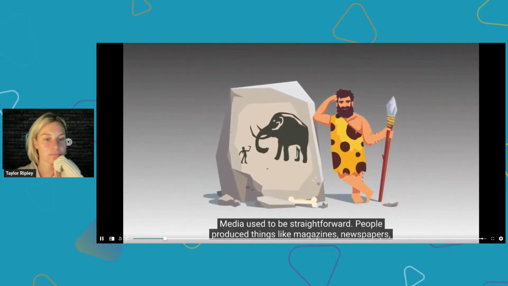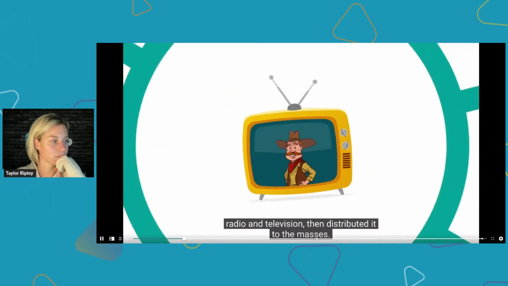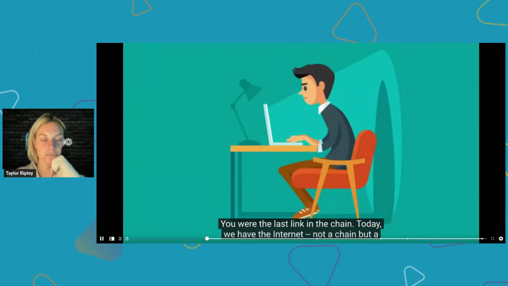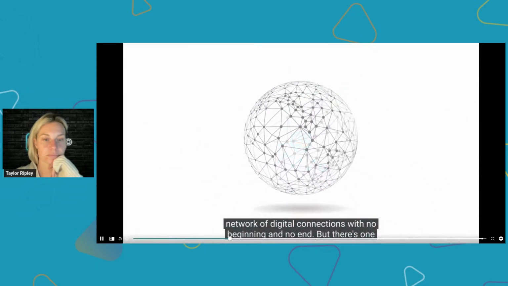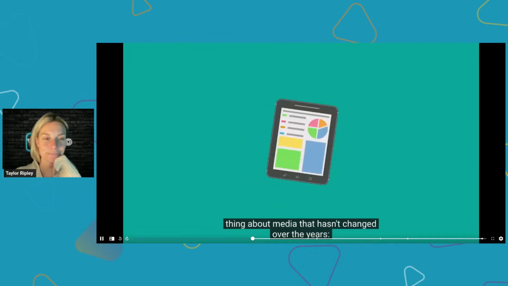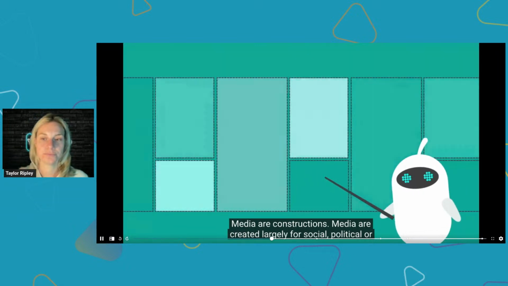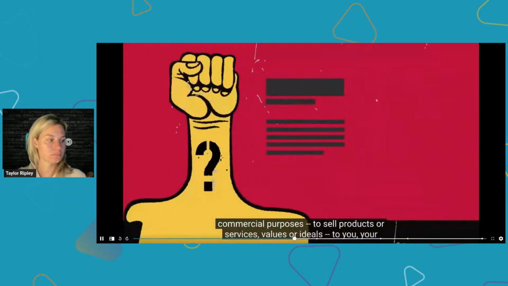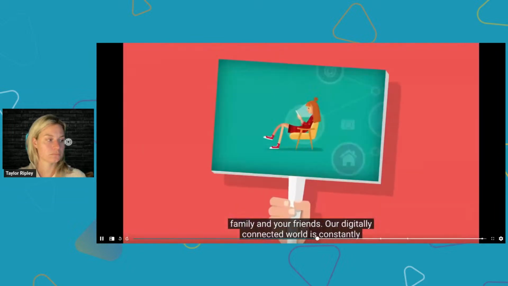Media used to be straightforward. People produced things like magazines, newspapers, radio, and television, then distributed it to the masses. You were the last link in the chain. Today we have the internet. Not a chain, but a network of digital connections, with no beginning and no end. But there's one thing about media that hasn't changed over the years. Media are constructions. Media are created largely for social, political, or commercial purposes, to sell products or services, values or ideals to you, your family, and your friends. Our digital